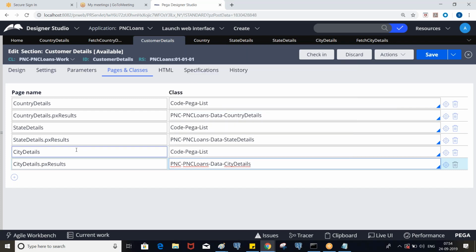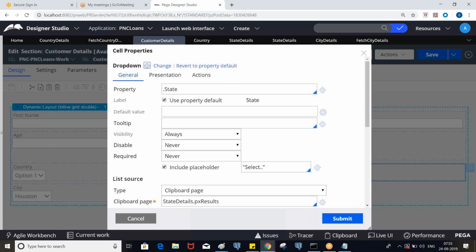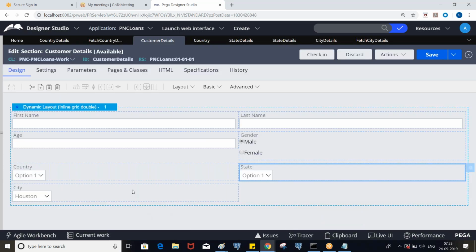Pages you need to define, but classes you'll be selecting from the dropdowns. Whatever page you specify in the browse, copy that page name, because if you put it in lower case, it will not work. You will not get the data. So we must specify it the same as the clipboard structure.